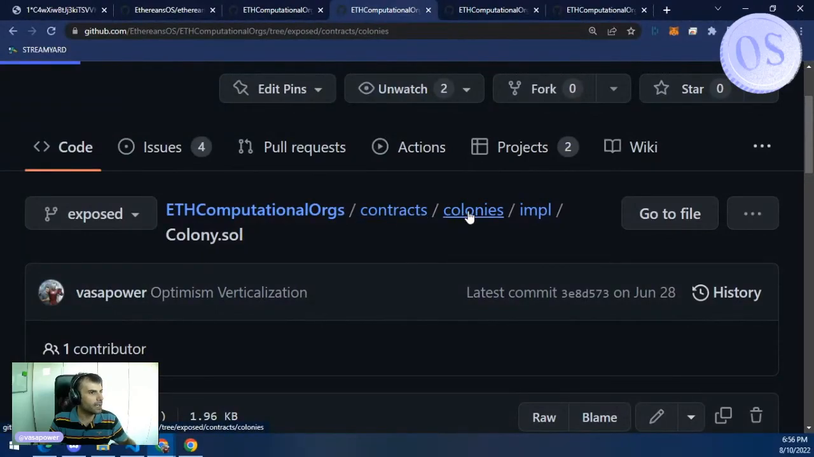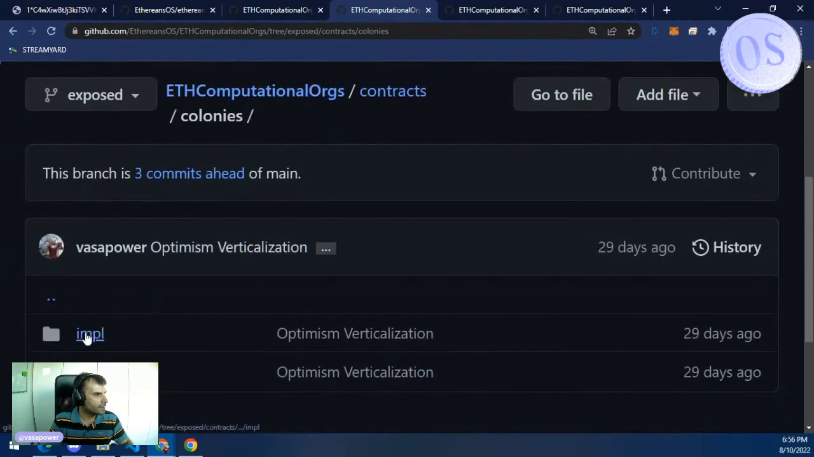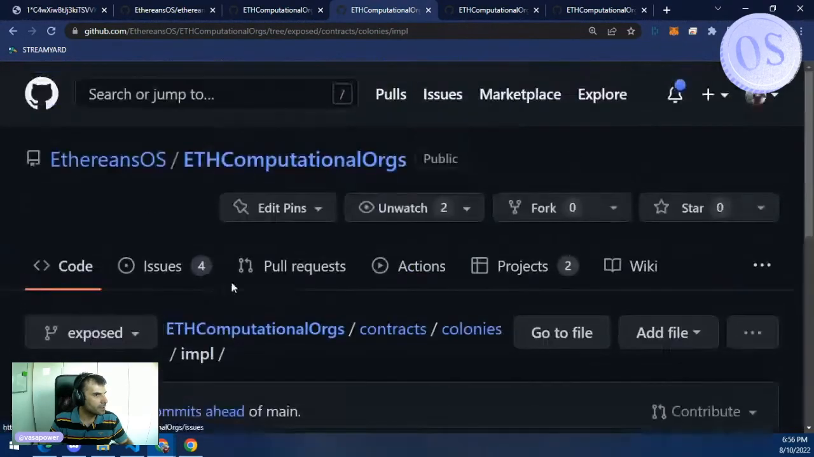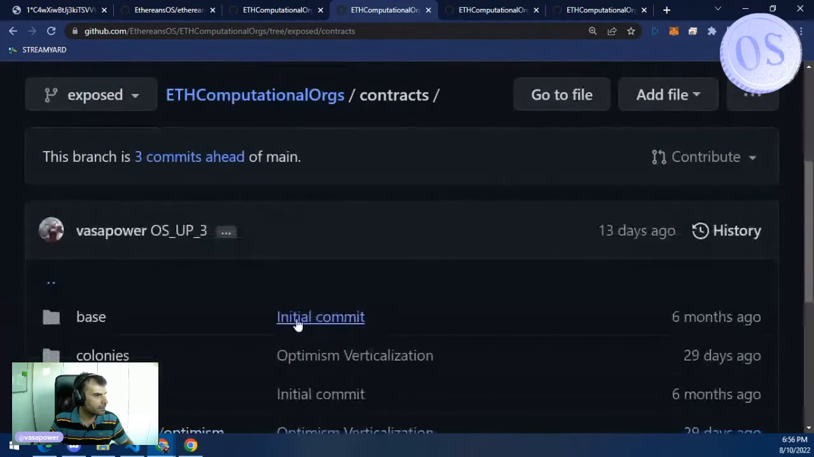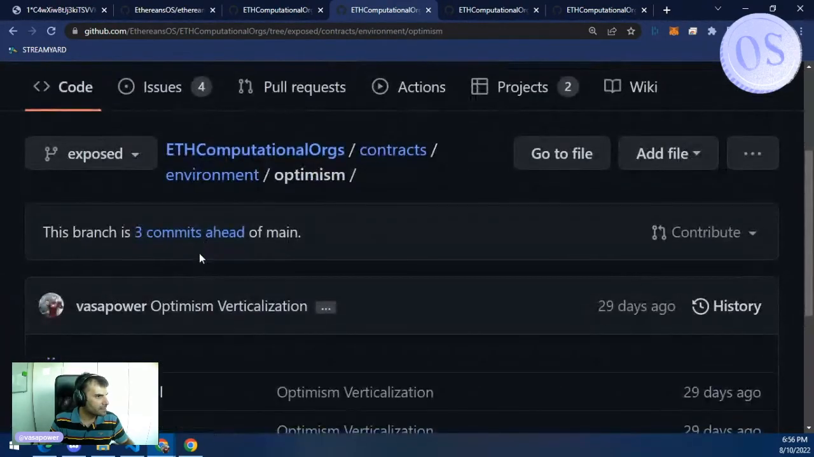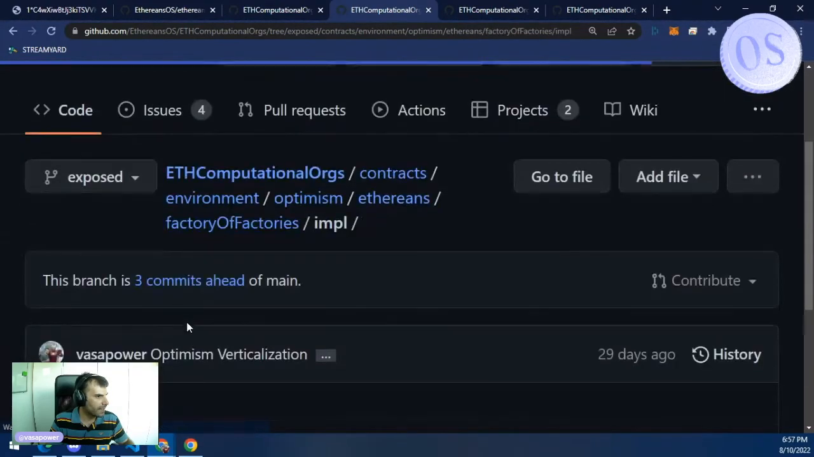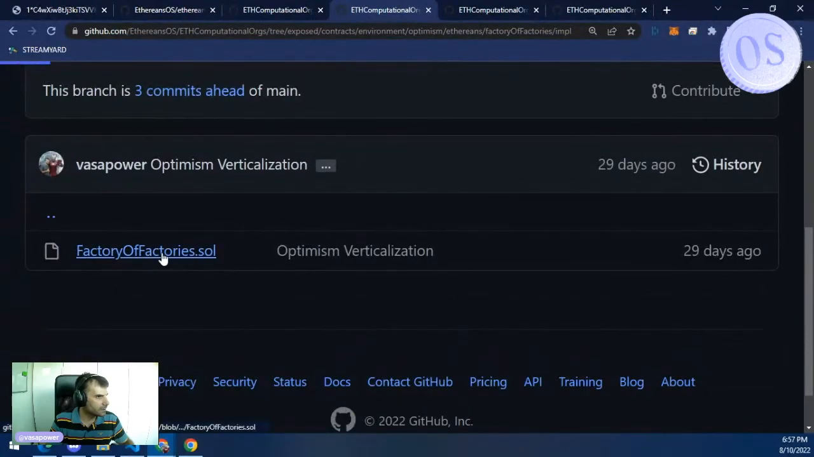The colonies part, there is the implementation. No, no, go here. Contracts, environment optimism, inference, factory as factory. Here,